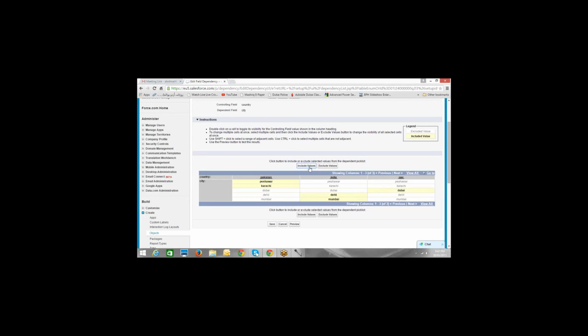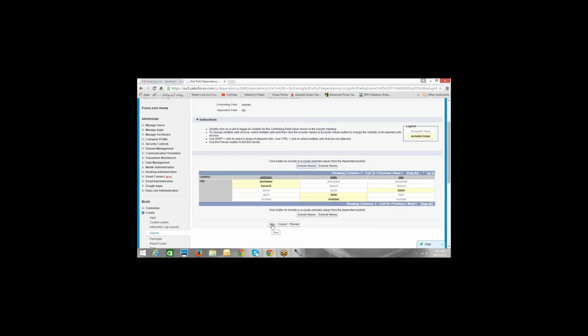So got it. You come to the screen and this is where you have to define which items should appear under which value of the controlling field. All right. So this can be for anything. Let's say in the project object, I am a company and I manufacture laptops and mobile phones and other gadgets, and I just want to have a type of the product and then the subtype of the product, then the model number.